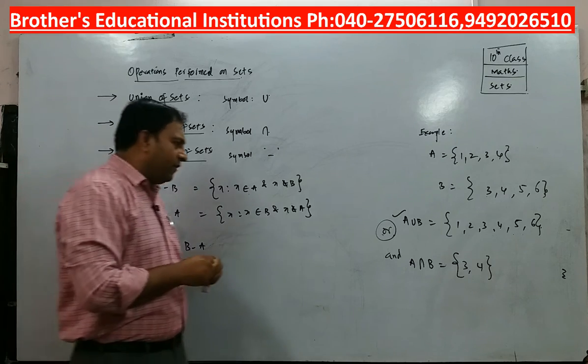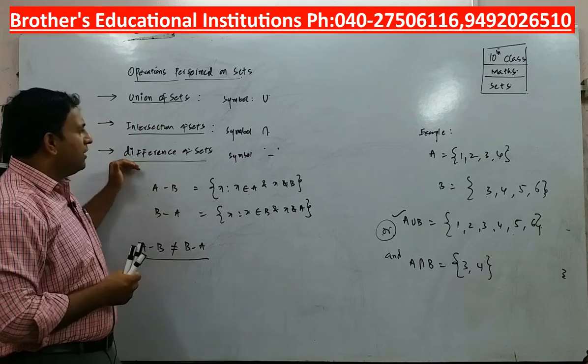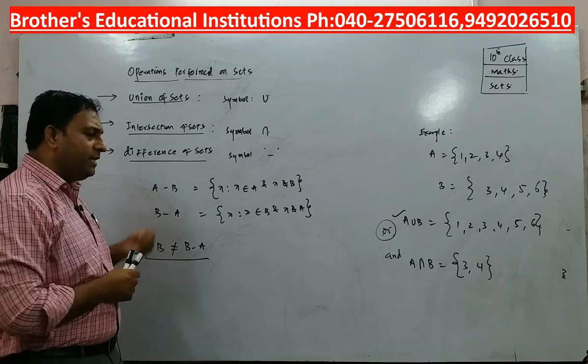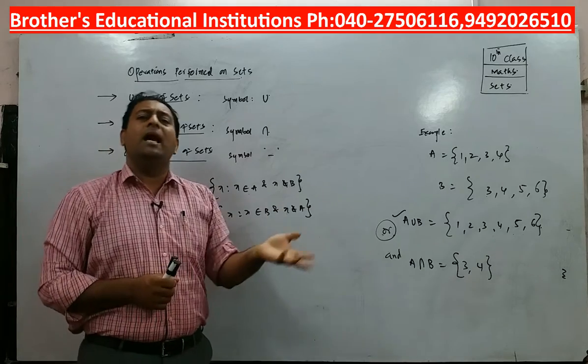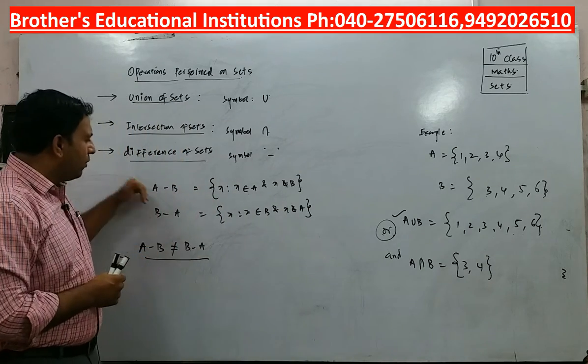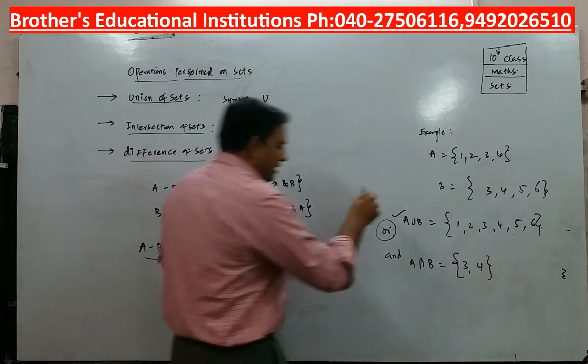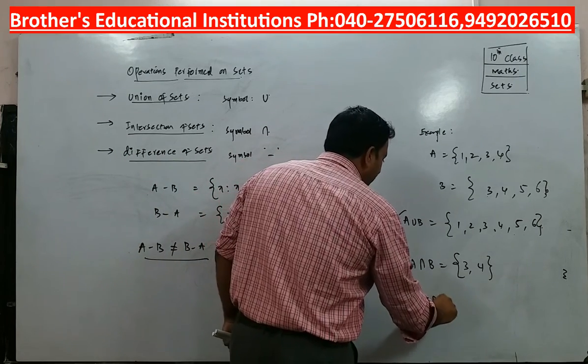So I repeat the definition of difference of sets. The difference of two sets A and B is defined as the elements which are present in one set but not in the other set. Now what matters is what is the first set you take and what is the second set you take. Suppose in the same problem, if I want to find A minus B,